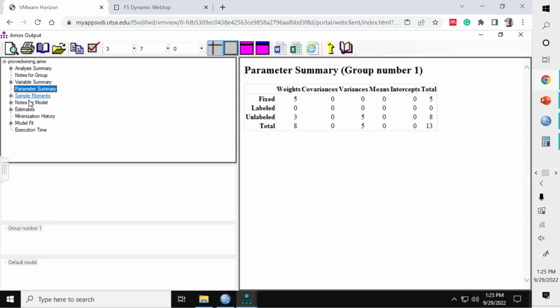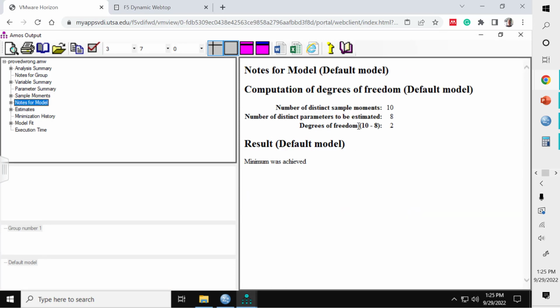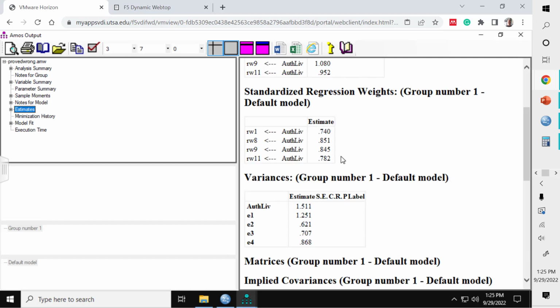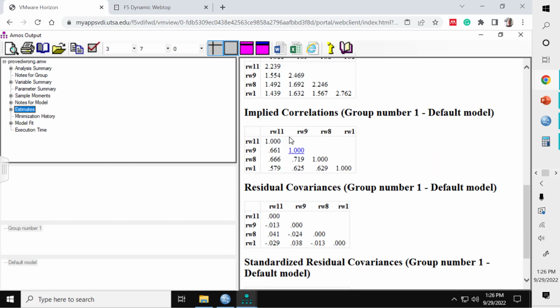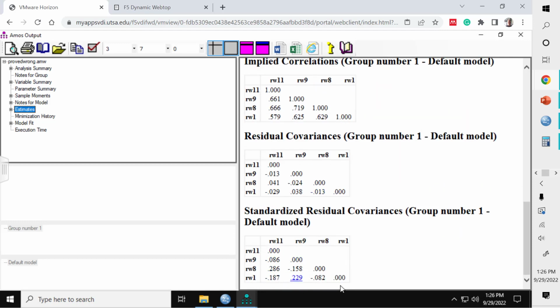And I can look at the notes for the model, and it shows that I have 2 degrees of freedom. Shows the implied correlations and shows the standardized residual